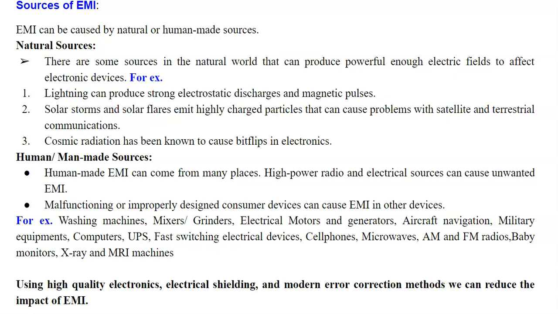Then we have the human or man-made sources. Human-made EMI can come from many places. High-power radio and electrical sources can cause unwanted EMI. Malfunctioning or improperly designed consumer devices can cause EMI in other devices. For example, washing machines, mixers, grinders, electrical motors and generators, aircraft navigation, military equipment, computers, UPS, fast switching electrical devices,